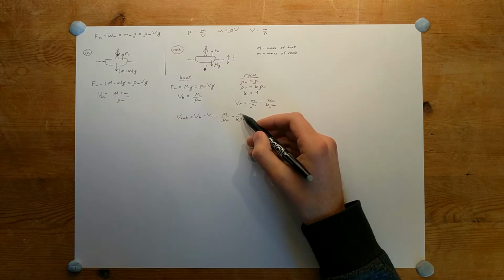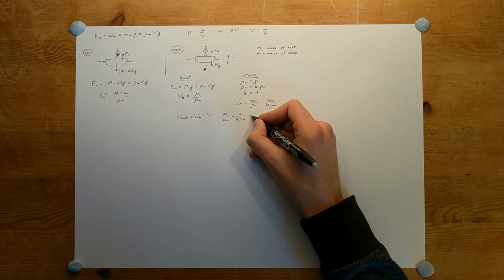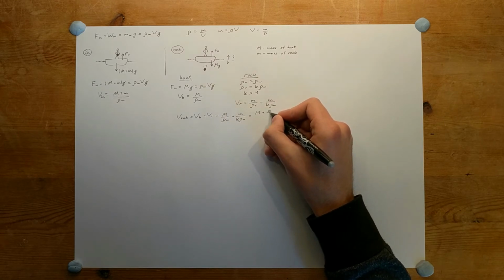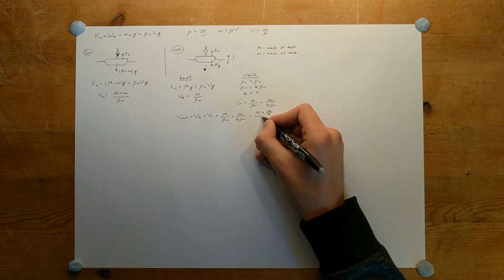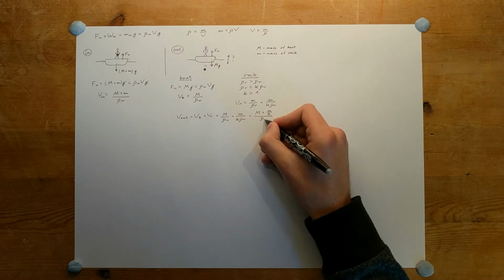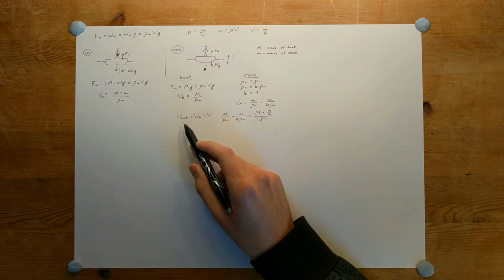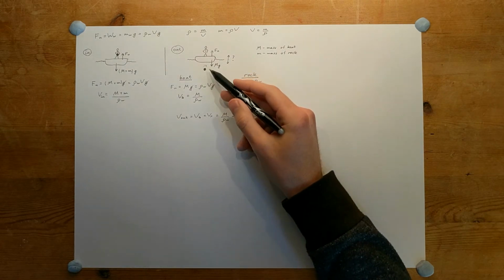And if here we divide both the numerator and denominator by K, we get that M plus m over K, divided by the density of the water, is equal to the total volume of water displaced when the rock is